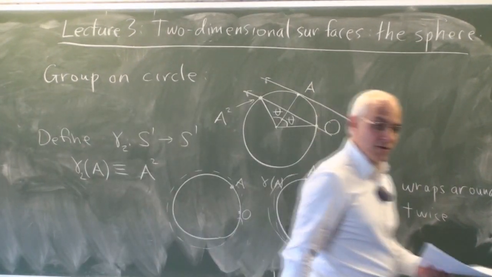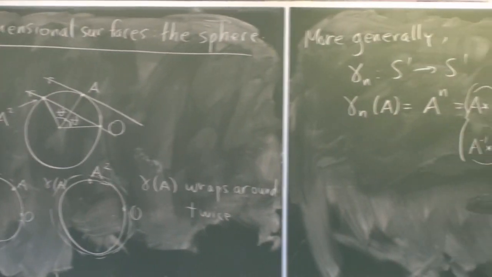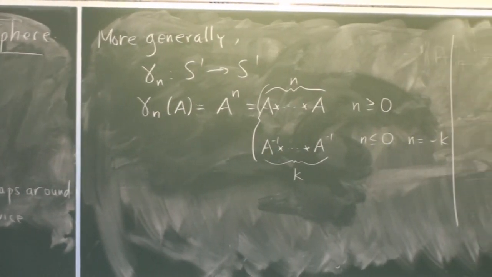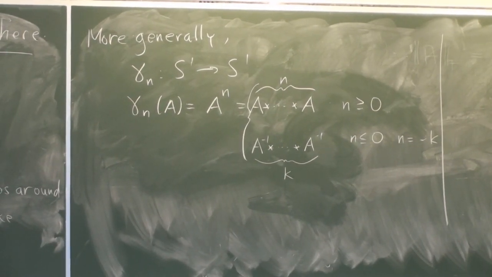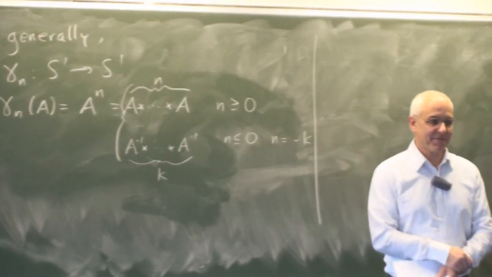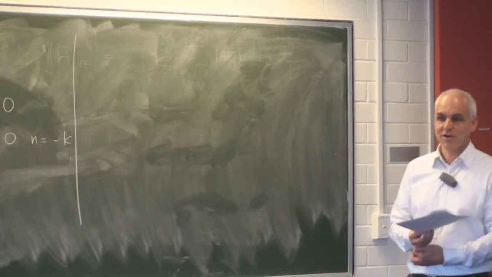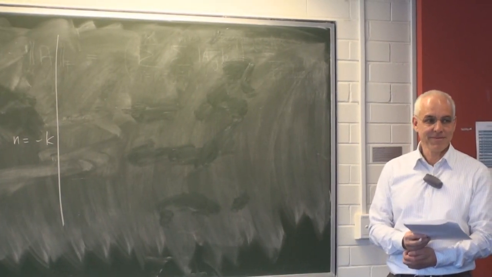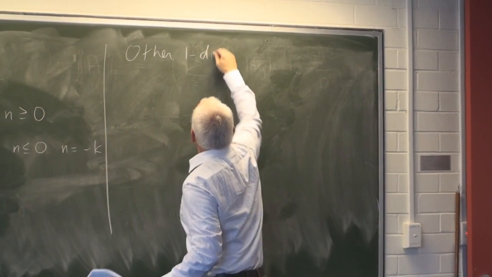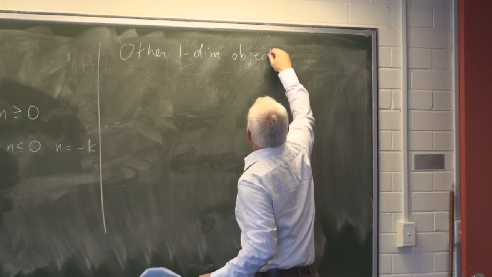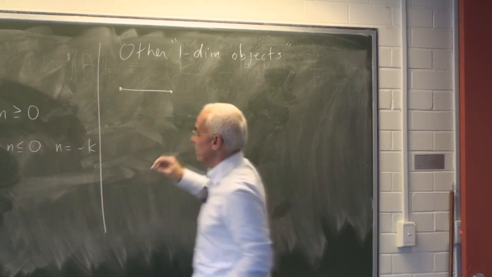All right, so we've talked about the line, and we've talked about the circle. So a natural question is, are there any other interesting one-dimensional examples before we move on to the two-dimensional case? Are there any other interesting one-dimensional topological spaces? What do you think? Can anybody think of some other ones that deserve to be included? A line segment. A line segment. So other one-dimensional objects, roughly. Okay, so a line segment might be a candidate.